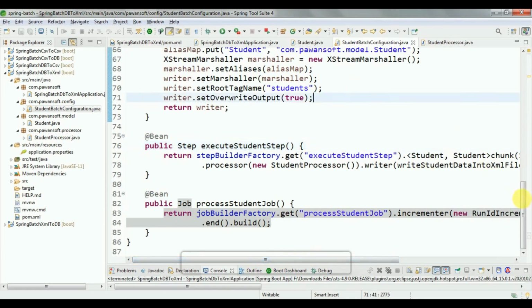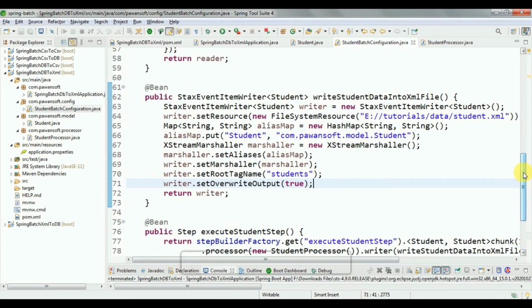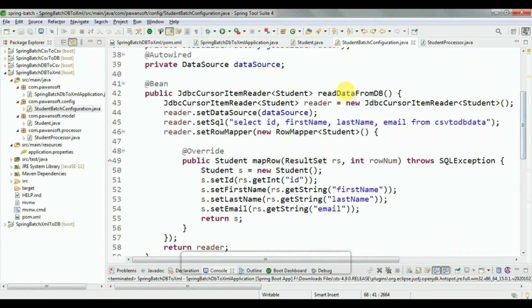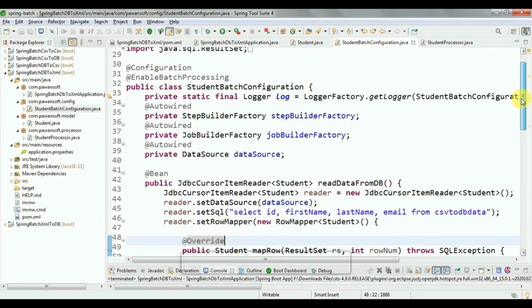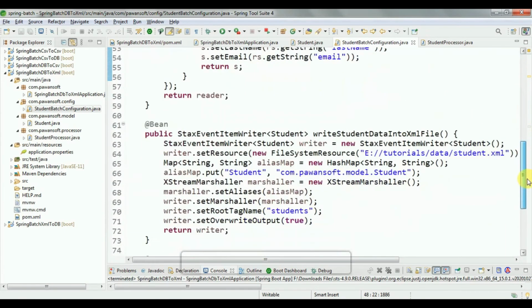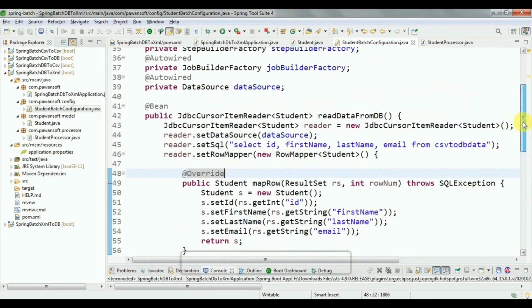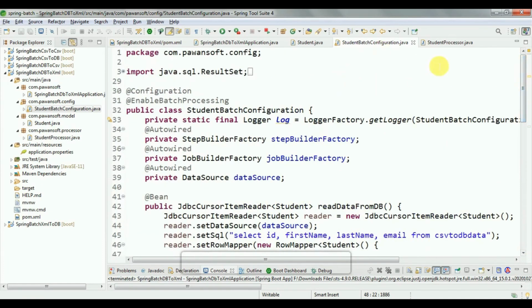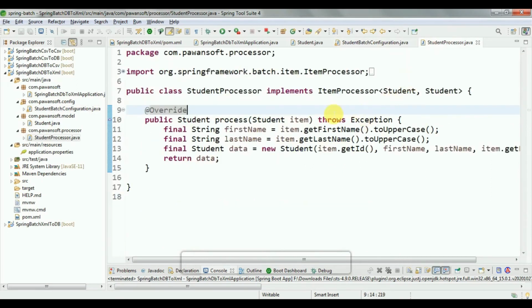and this is the writer to write the data in XML format in an XML file, and this is the reader to read the data from the database. With the help of JdbcCursorItemReader, you can read the data from the database. So the reader, writer, and job step are ready, and the processor we have already seen.